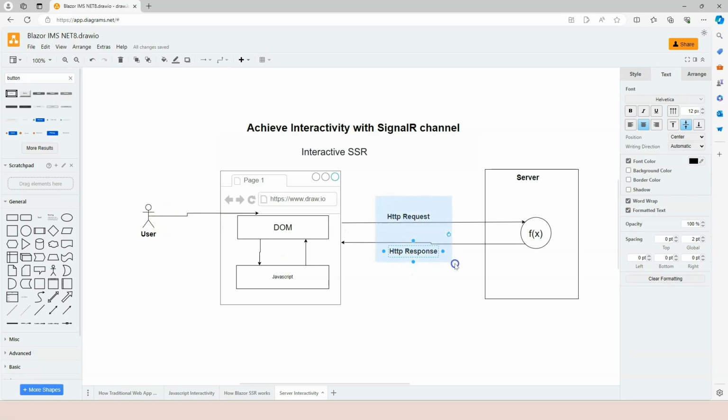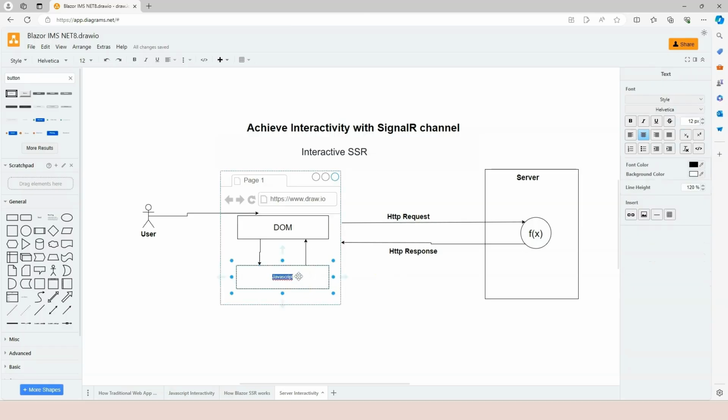It is the first request and response is always full page load, right? There's no interactivity. There's just a request, goes to the server, processed, and the full HTML is rendered in the browser as DOM. After that, for achieving interactivity, the Blazor framework, which is provided by Microsoft, comes with a JavaScript file. This is not our own JavaScript file. It is a JavaScript file that is created by Microsoft, and that is called